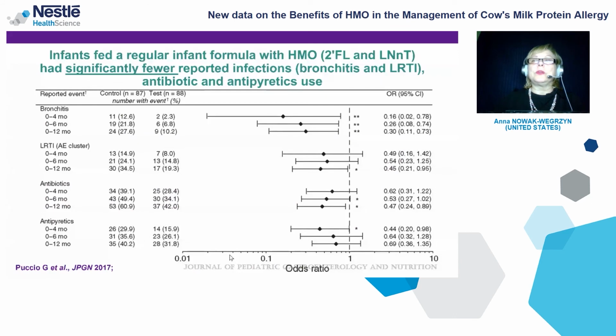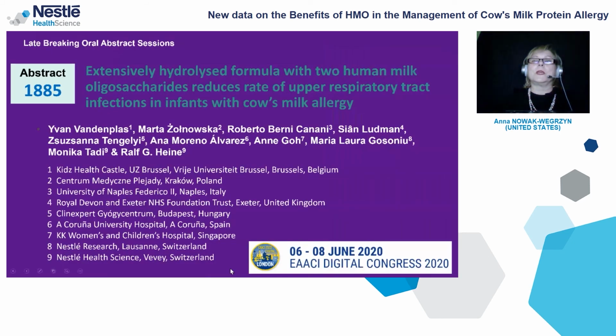But what was even more interesting in that study was that infants fed the formula with human milk oligosaccharides had significantly fewer reported infections, such as bronchitis and lower respiratory tract infections, as well as antibiotic and antipyretics use. So you can see in this forest diagram that the odds ratios of having reported infections, whether it's bronchitis or lower respiratory tract infection or antibiotics or antipyretics, were moved towards the lower odds, suggesting a protective effect of this formula. Therefore, the next step was to evaluate